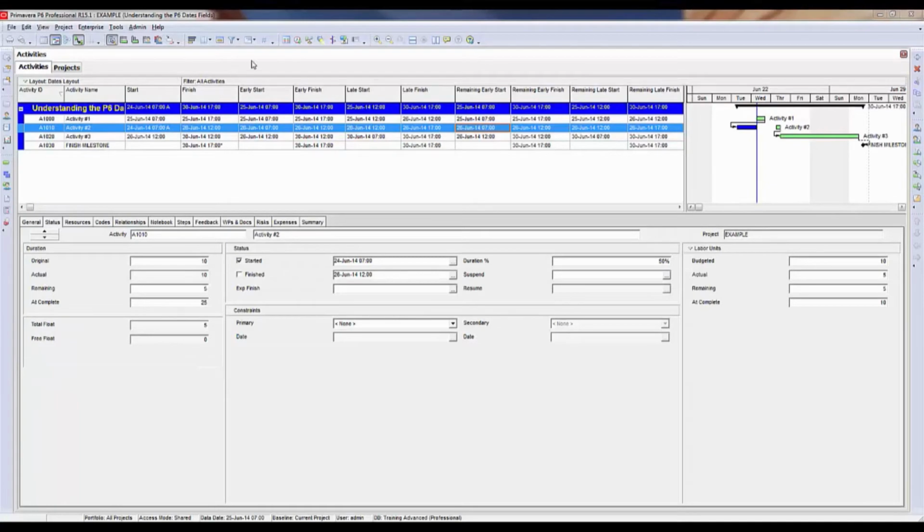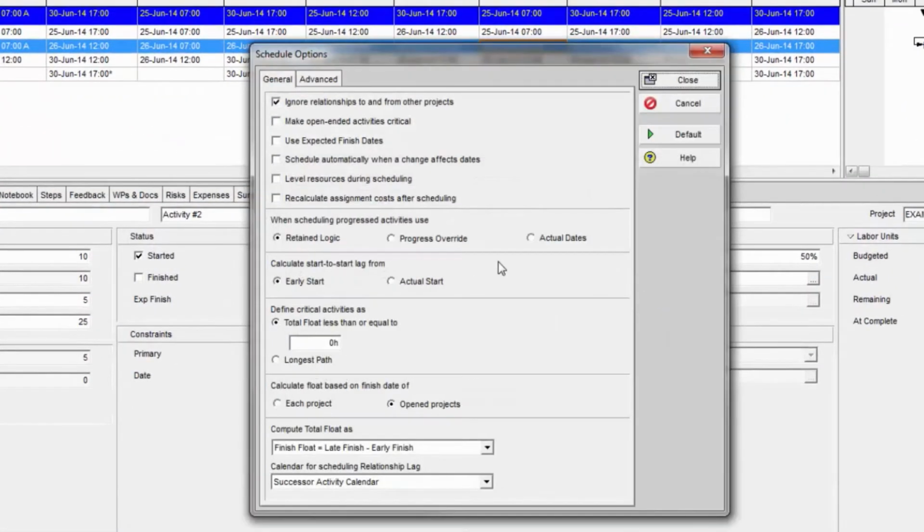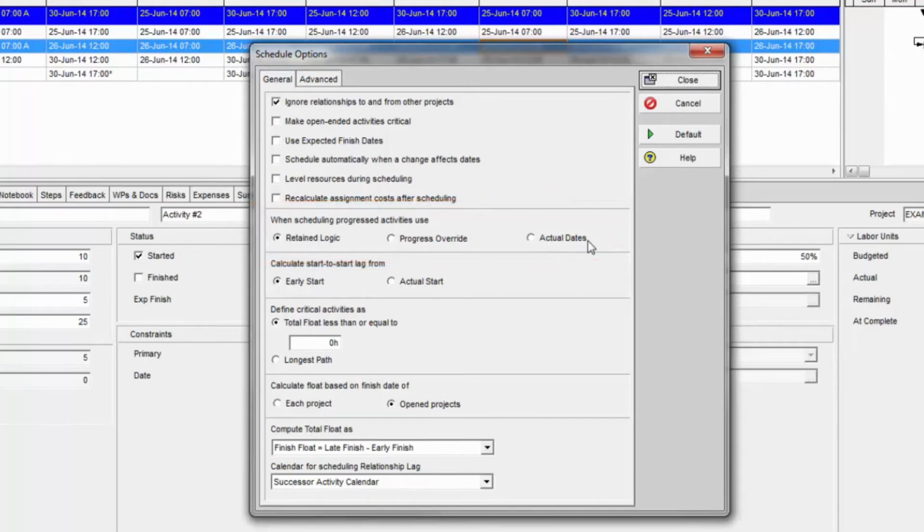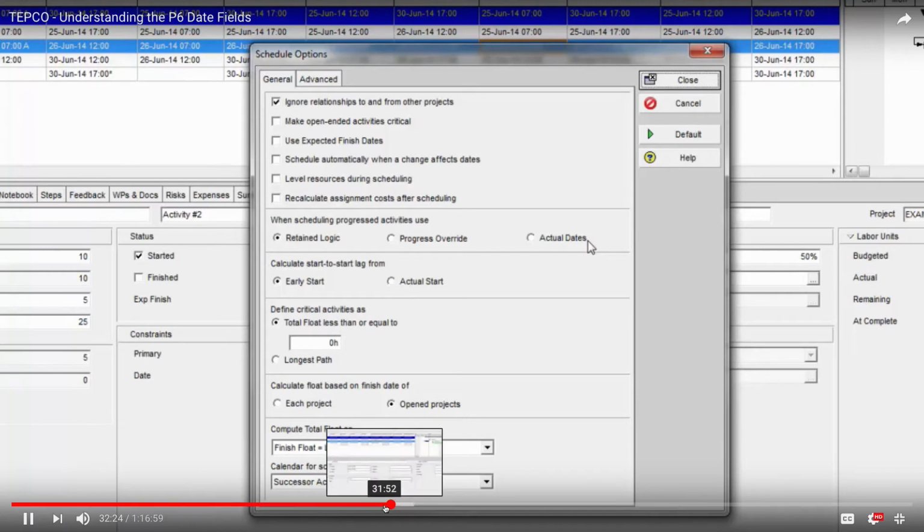I'm going to go schedule this again, but I'm going to change my schedule settings to show progress override. So here we have an option when we have out of sequence activities if we're going to use retain logic, progress override, or actual dates. I'm not going to get into too much detail on the difference between the 3 of those. The one TEPCO recommends is to use retain logic, but we're going to be putting out another video shortly that explains